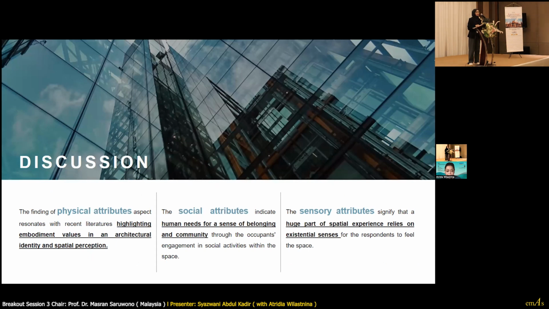The social attributes emphasize human needs for a sense of belonging and community through the occupants' engagement in social activities within the space. And lastly, the sensory attributes signify that a huge part of spatial perception or spatial experience relies on existential senses, so that the respondents are able to feel the space.